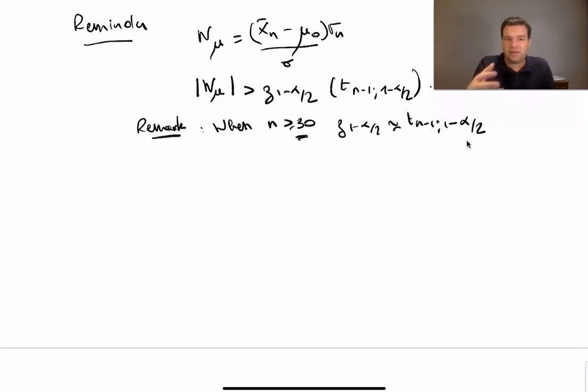But when n is larger or equal to 30, we can consider that the hypothesis test, the rejection region of the statistical test when xi is supposed to be normal, when xi has a normal distribution, meaning this rejection region is constructed with the t distribution, and when sigma is unknown, obviously, is the same rejection region, or more or less exactly the same rejection region as in the case of a